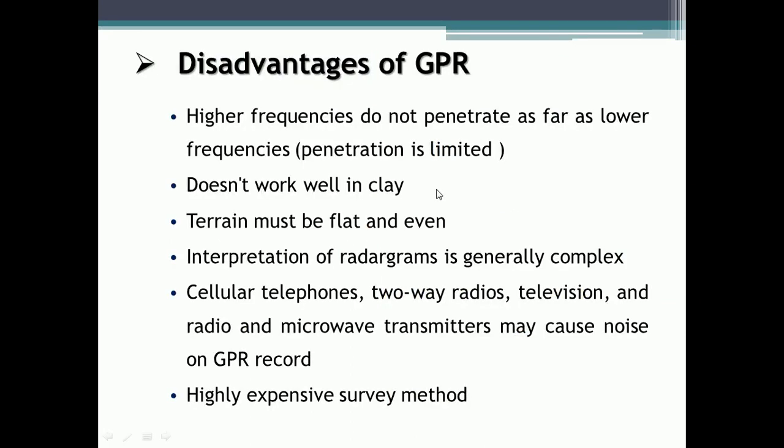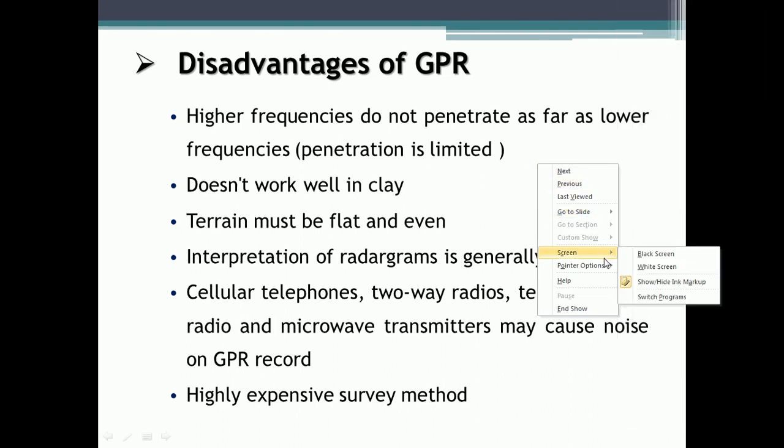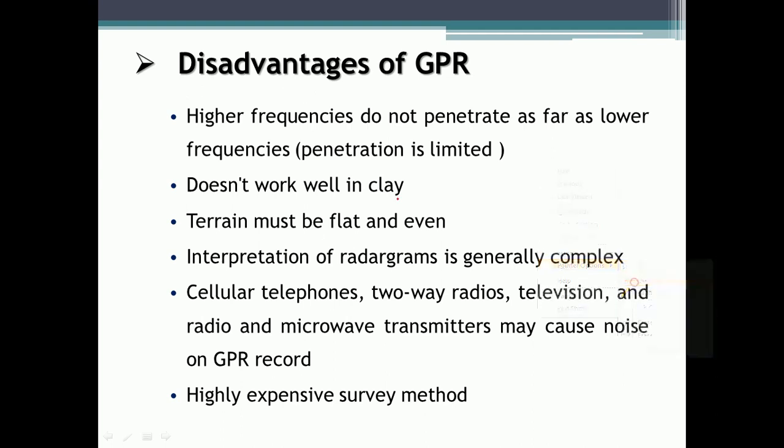techniques. Though it has advantages, there are some limitations also, that is, the disadvantages. It does not work under clay, so if you want to take data under clay, it does not work well, and we need a flat and even surface only. If there are any undulations, we cannot take the reading. A flat surface should be there,